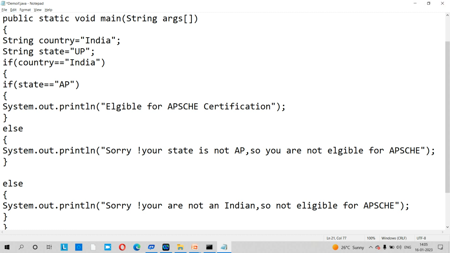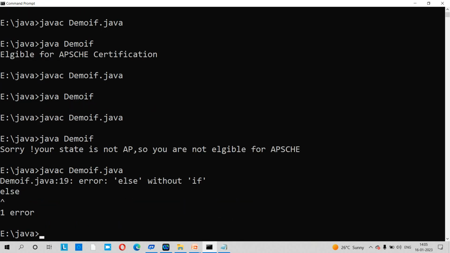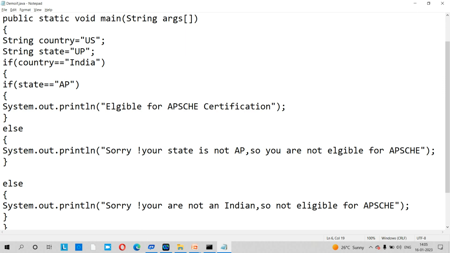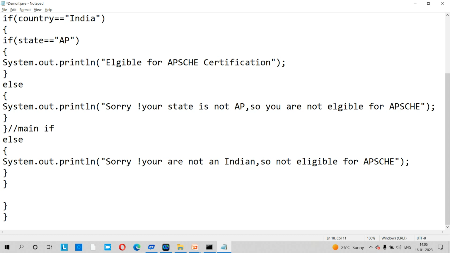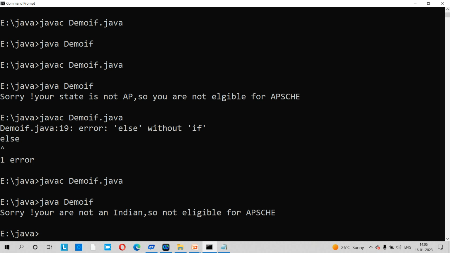If suppose I am going to change the country as US, else without it. Yes, so here we can close the main if. Sorry, you are not Indian, so not eligible for